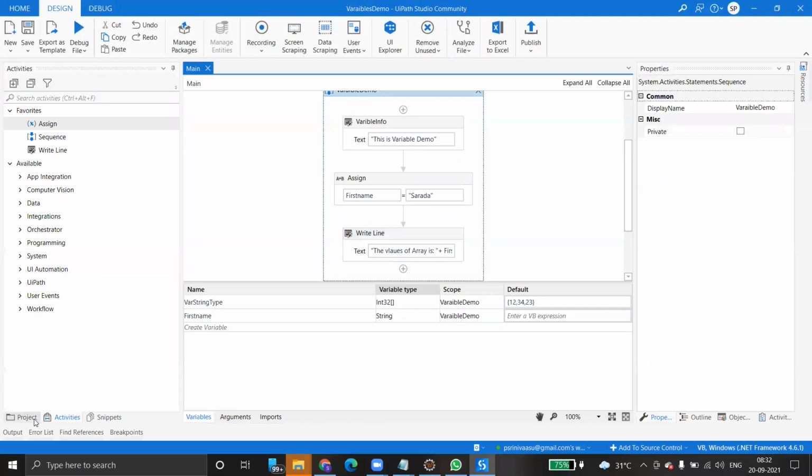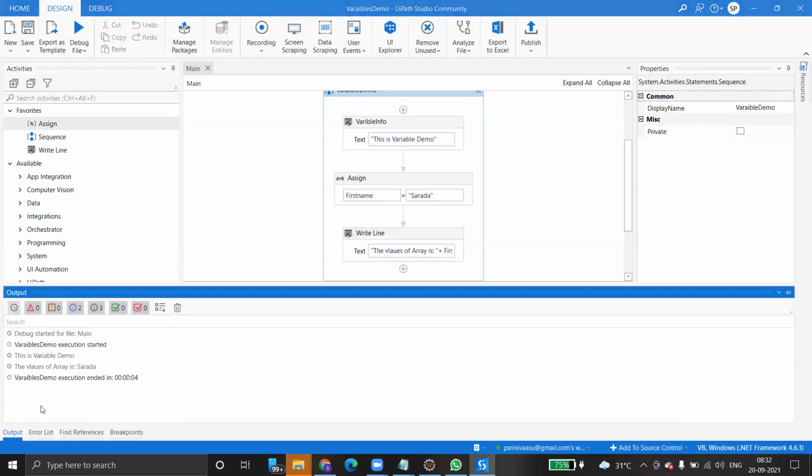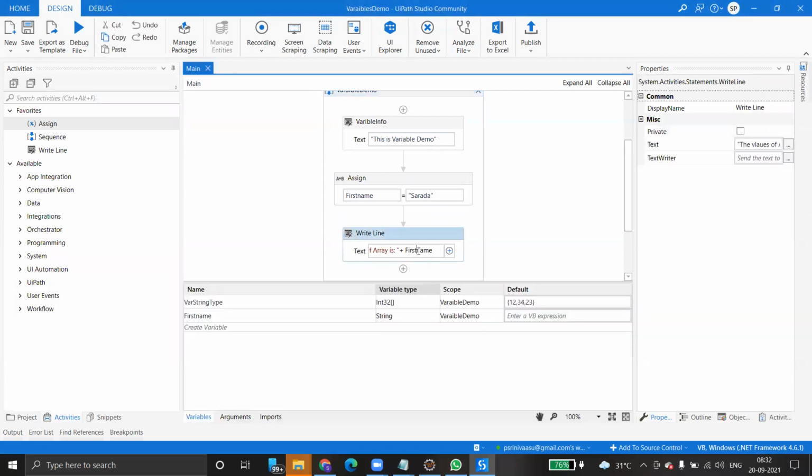Go and check the output. Now here you can see the output: the value of array is Sarada. This is not an array, so the value of the string variable first name is what you have to give. Run this program again.